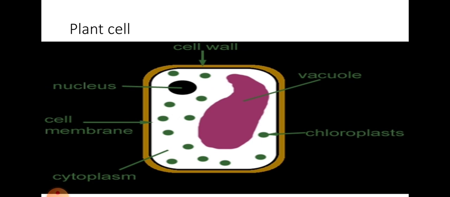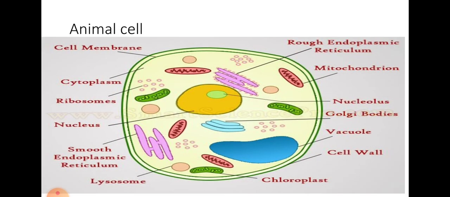There is a large spherical structure floating in the center of the cell, called the nucleus. The nucleus is surrounded by a jelly-like material called cytoplasm. A number of small bodies are called mitochondria, which you see in the animal cell. Cell membrane, cytoplasm, nucleus, lysosomes, chloroplast, cell wall, vacuole, mitochondria, everything you are able to see. And there are tiny air spaces in the cytoplasm of the animal cell which are called vacuoles.